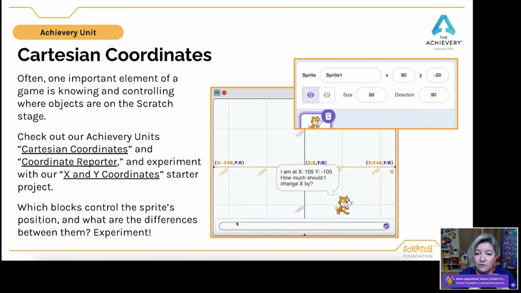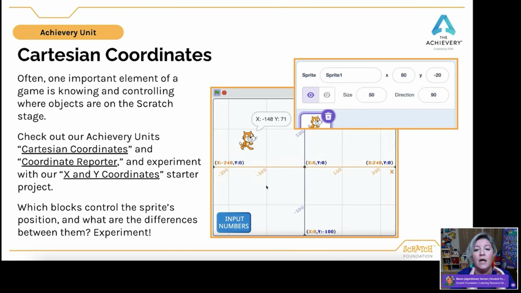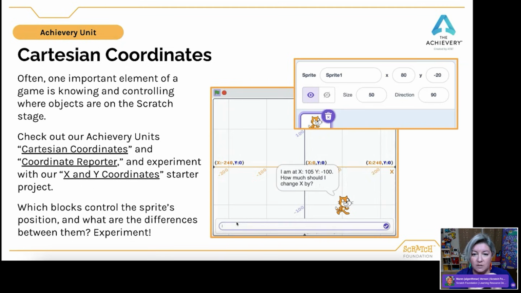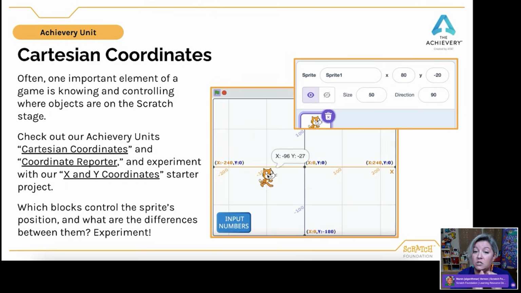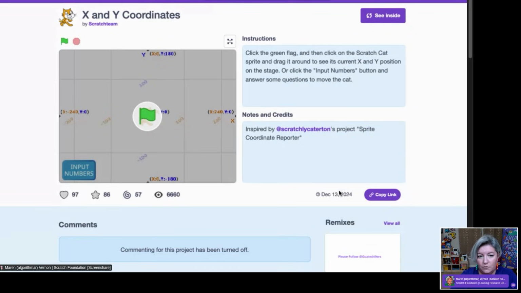We have an Achiever unit called Cartesian Coordinates, and another called Coordinate Reporter. Those let you experiment and play with these X and Y coordinates. Or you could try out our X and Y Coordinates starter project, where we have some plot points that we can go through.